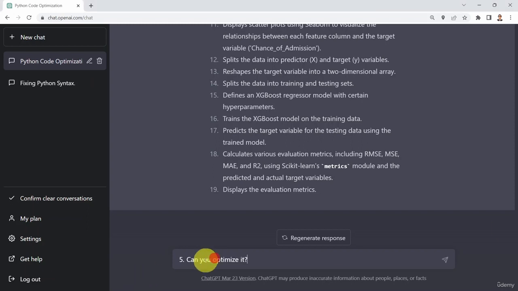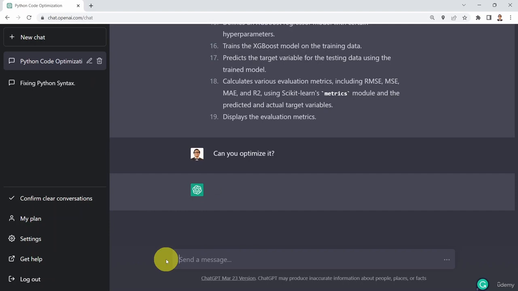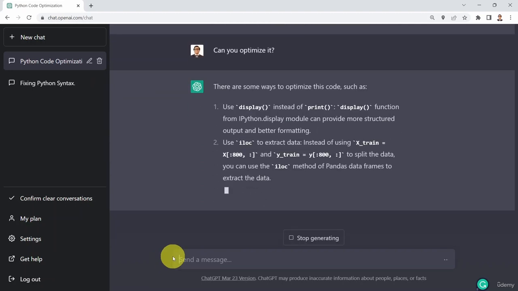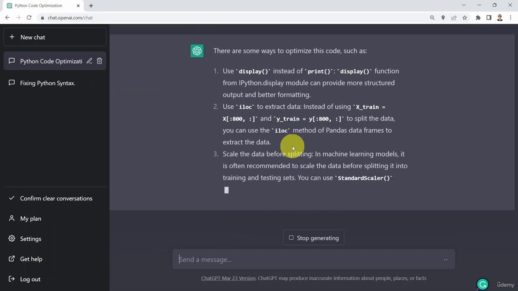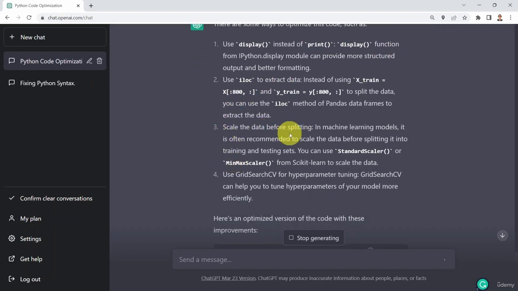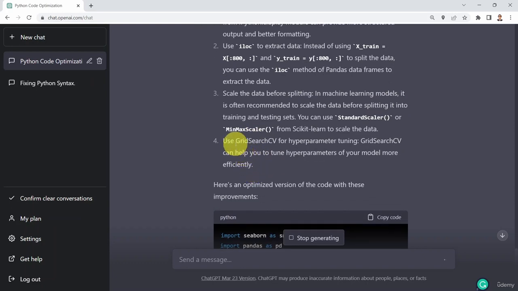So what I could do here is I can say, well, could you please maybe optimize it for me? Can you optimize that code? Let's see what we're going to get. Here, it's going to tell you several suggestions to try to optimize the code. For example, you can use display instead of print, in the display function. Here it's going to tell you, well, you need to scale, for example, the data before splitting. Another recommendation is, well, you can also use GridSearchCV as an example to perform hyperparameter tuning and optimization,